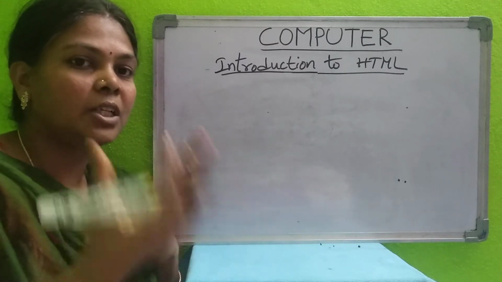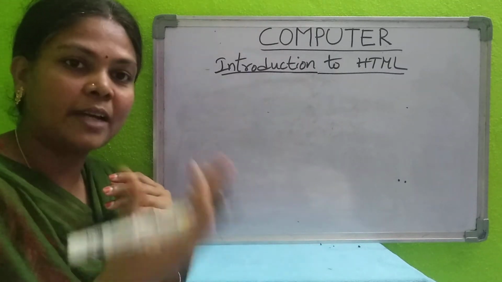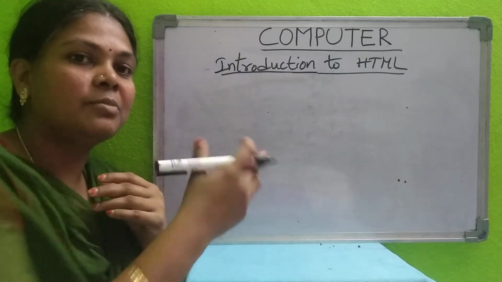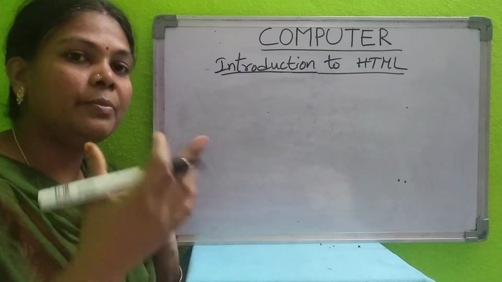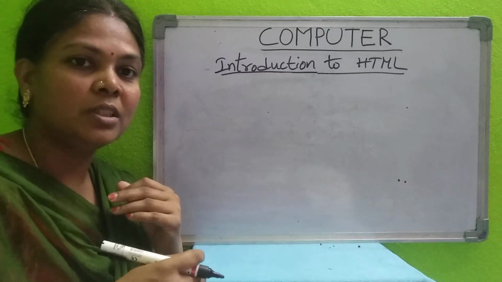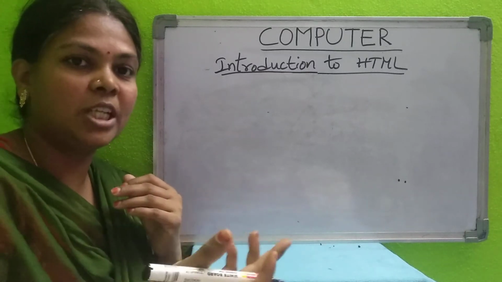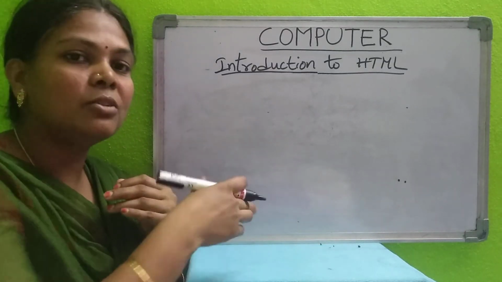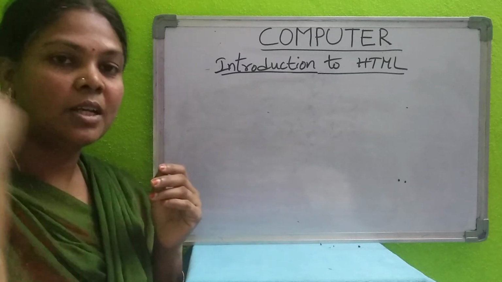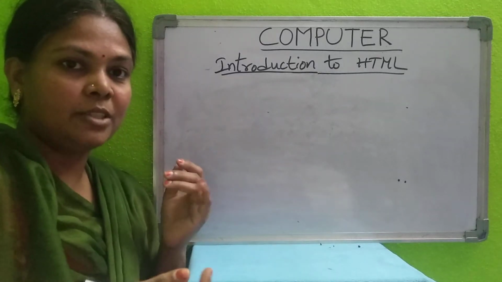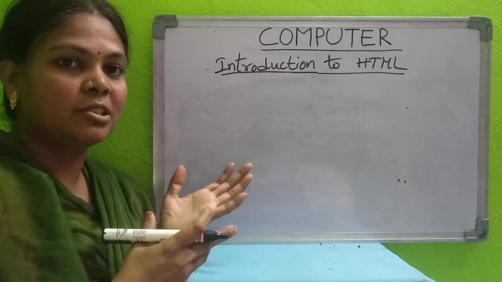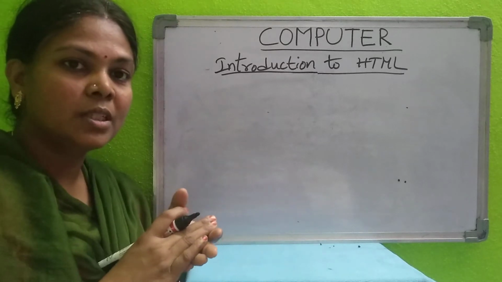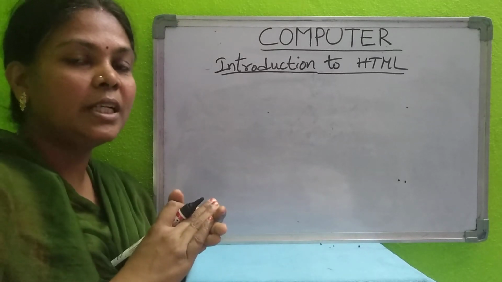Suppose with the body we can change the color, the background color, and we can display different images as our background. Like wallpapers, so like that we can use different images as our background for the web page, and we can give the margins. So all those attributes in the body part we will learn in next class.